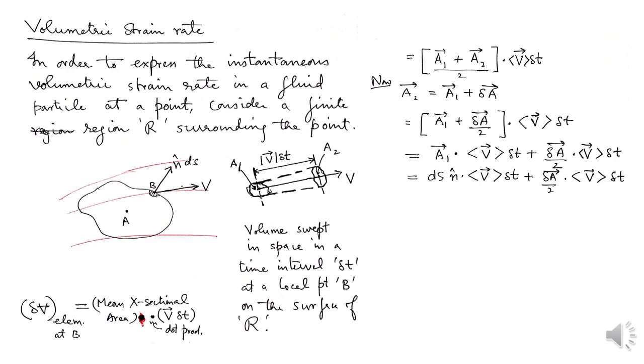So you can see that the area would sweep out a volume in space, and the movement of the area is over an interval of time. So we can say that the movement will be along the velocity direction, and if the time interval is delta t, and let's say we have the average velocity during this interval as V, the angle brackets indicating the average velocity shown on the right hand side, then the average velocity multiplied by delta t would be the length of this swept volume region,